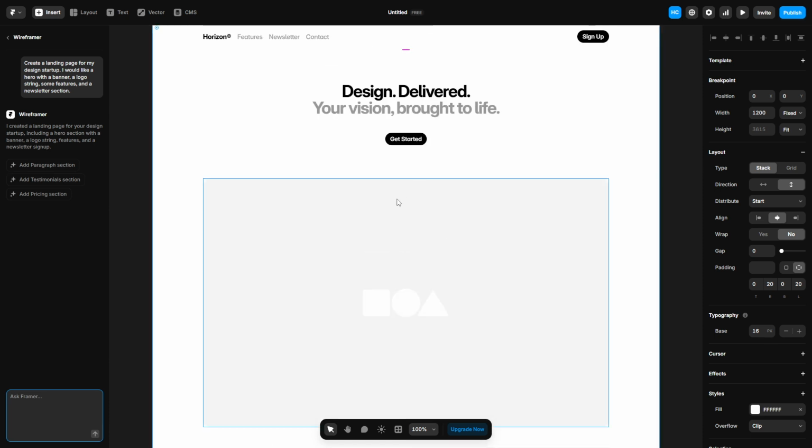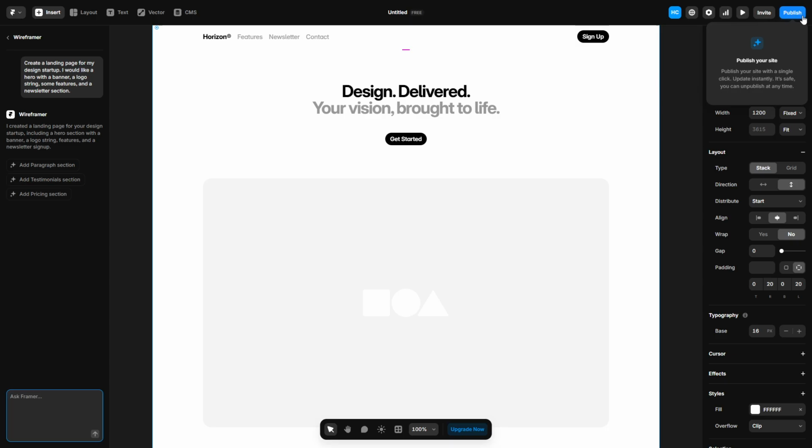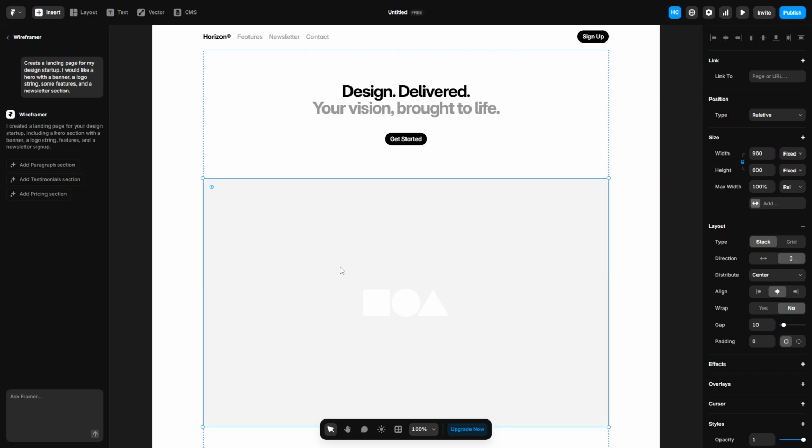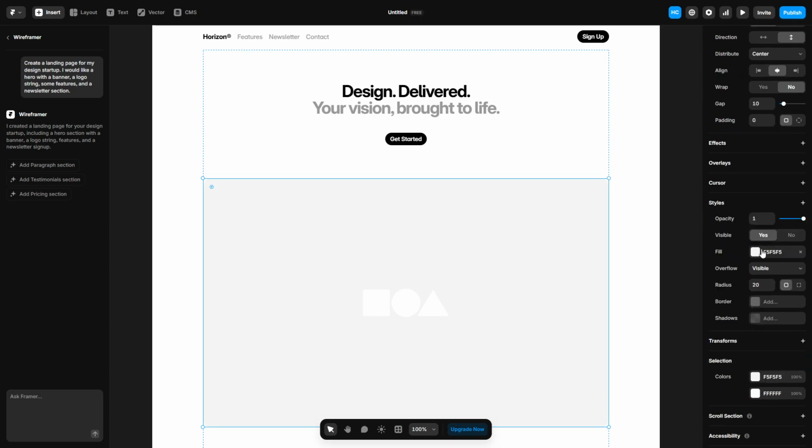When you are satisfied with the design and content, go ahead and publish your site under a free Framer.ai domain name. This is as simple as clicking the Publish button adorned at the top right corner of your interface. Then, pick a distinctive name for your site. Once this is done, your website goes live in real time. If you desire a professional touch, you can always opt for a custom domain by subscribing to a paid Framer plan. That wraps up our